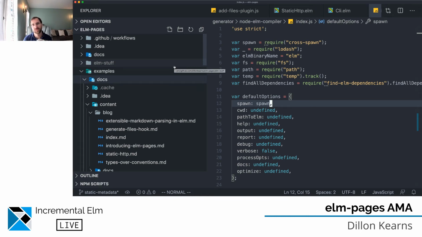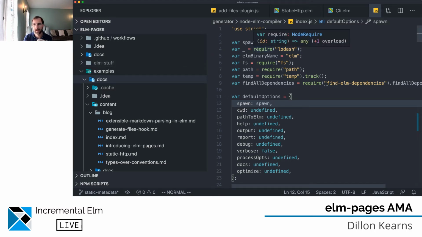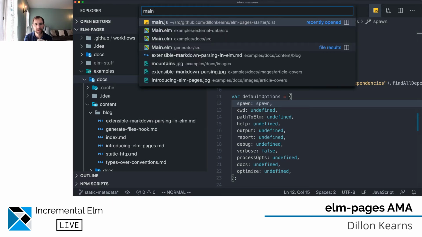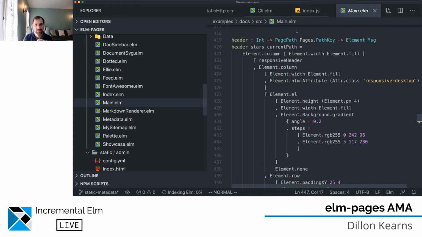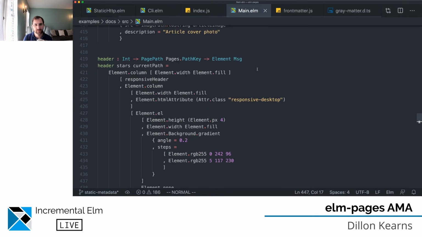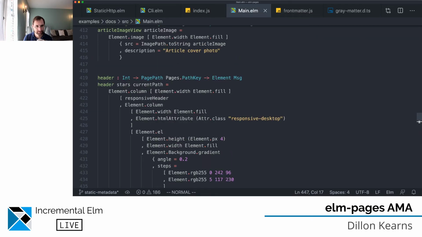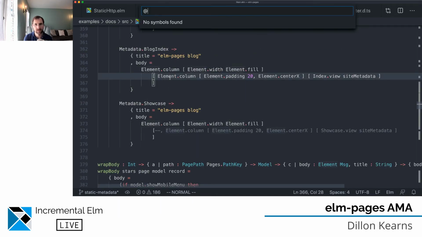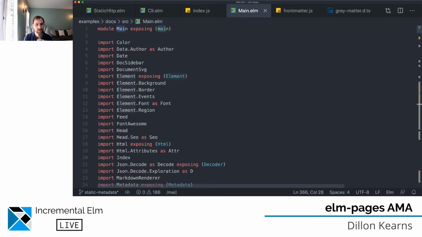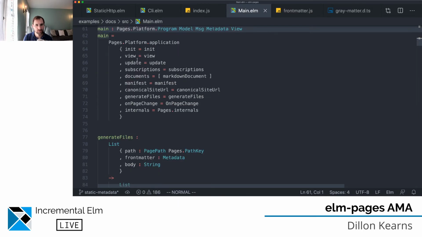One of the most interesting things about elm-pages in terms of the internals is that, if we think about, let's go to a Main.elm, like for the documentation site. So this is in the elm-pages examples/docs folder in the elm-pages repo. If we go to the main entry point here,